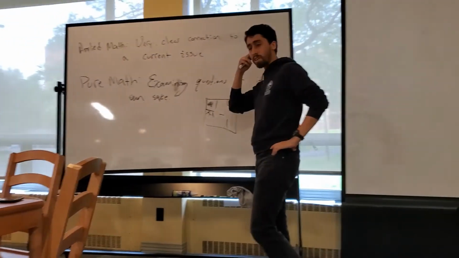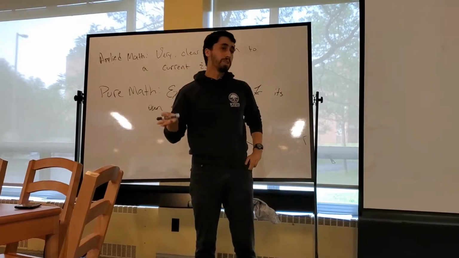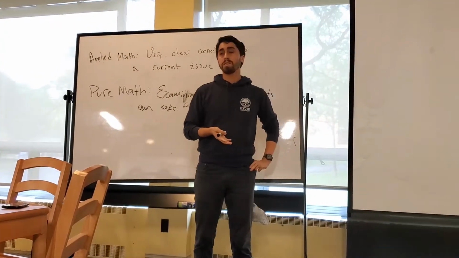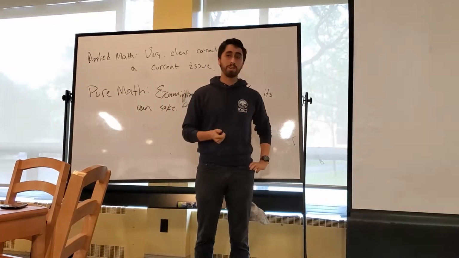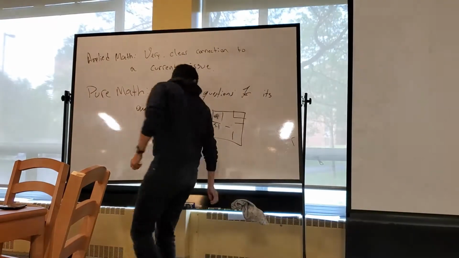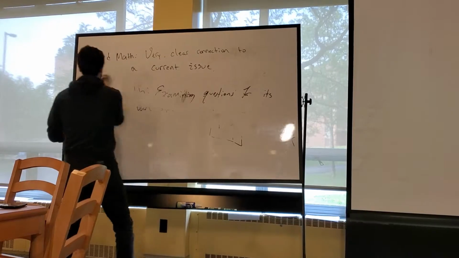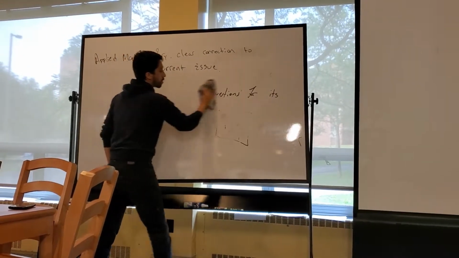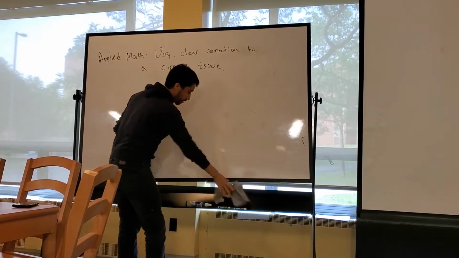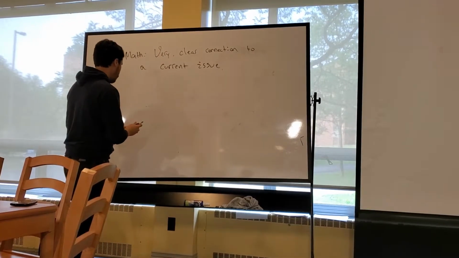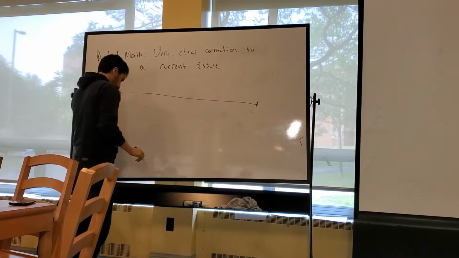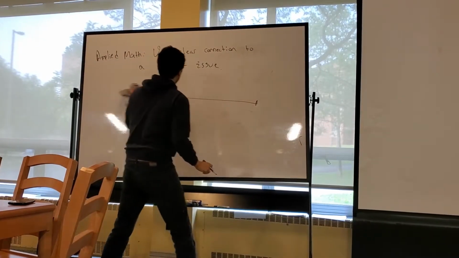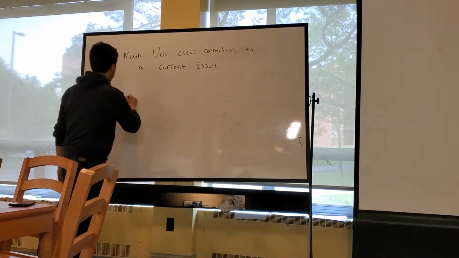Now what I want to tell you is when you enter your undergrad, if you want to think about pursuing research, this is what your timeline should look like. So let me erase this. Your undergrad is typically 4 years, some university. I'll write it like this. So your first year,